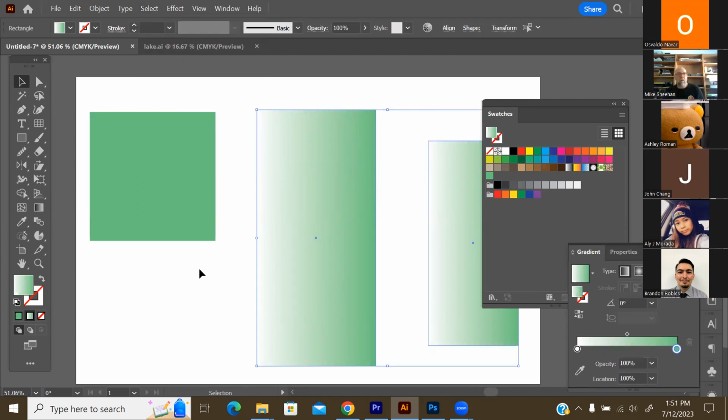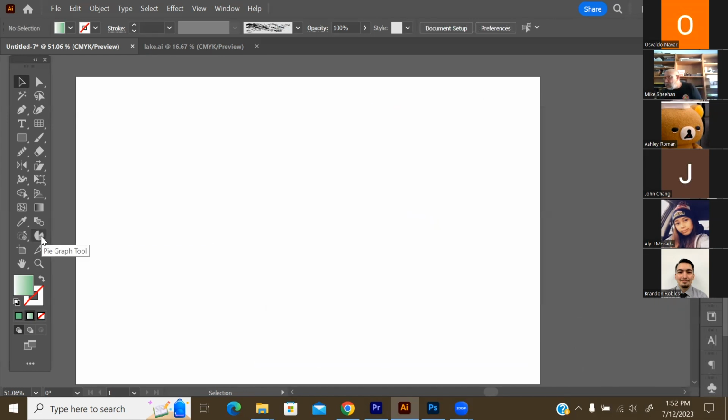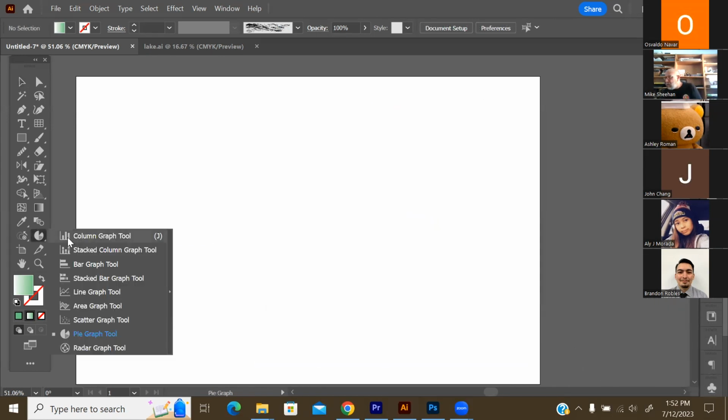No. Because it's looking at the blend, it's looking at the gradient as the fill color. So for some reason, it's not including this because it's not a gradient, but when I go to gradient, it includes that color. When I go to blend mode, it includes that color. So right here